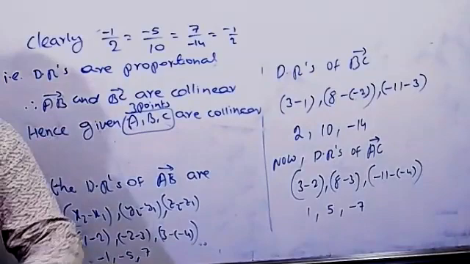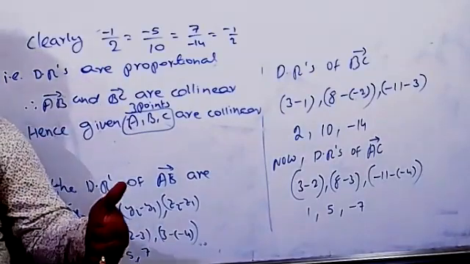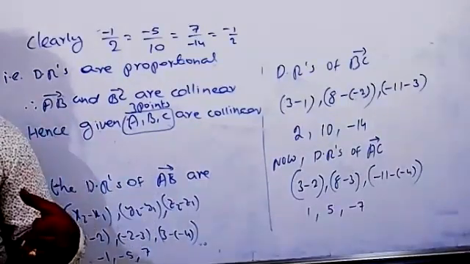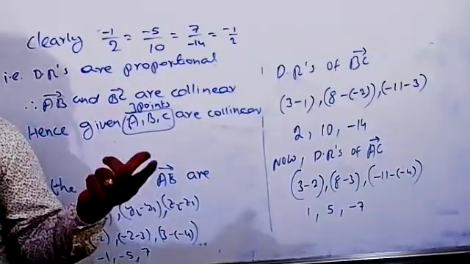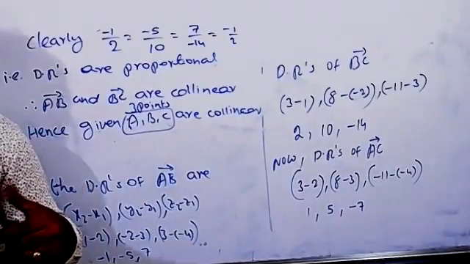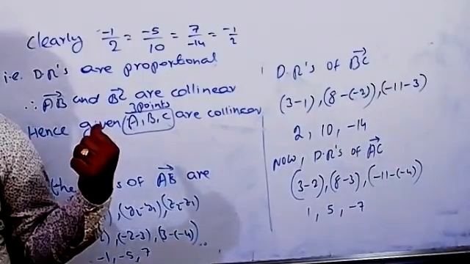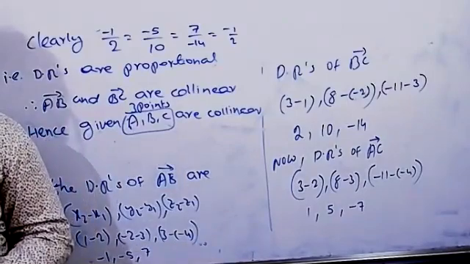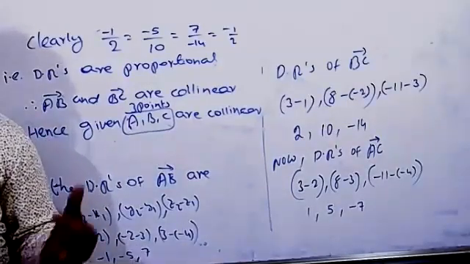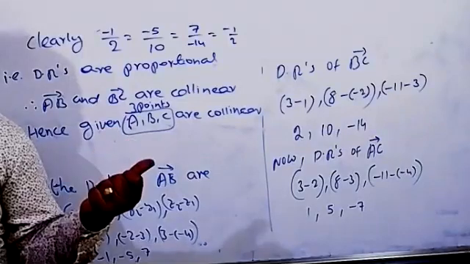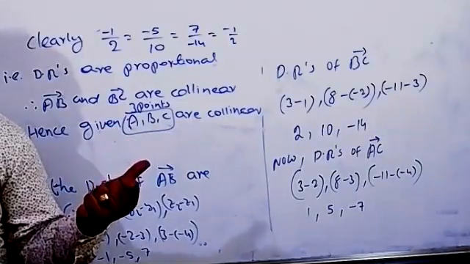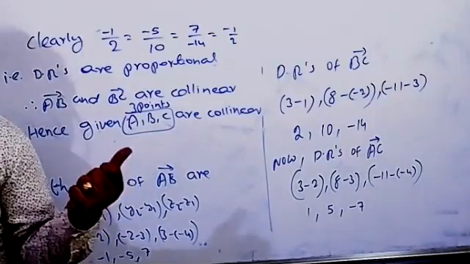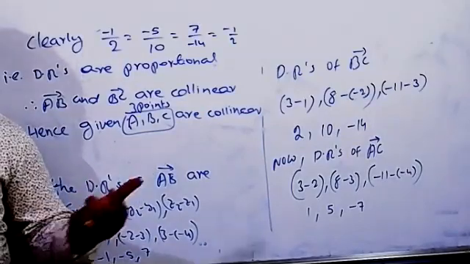Remember, it is just you can do that. If they give direction ratios, how to find the direction cosines? If they give only one vector, how to find the direction cosines? If they give 2 points, then how to find the direction cosines? Next, if they give direction cosines, then how to find the ratios? And if they give one vector, we have to find the inclined angles with the x, y, z axes. How to find that? That is also the same.